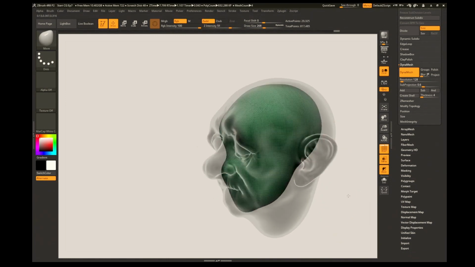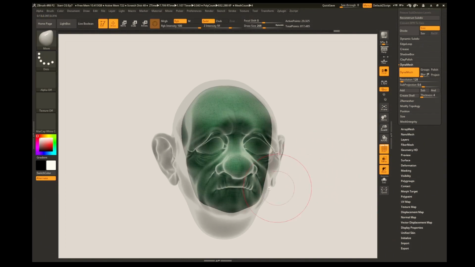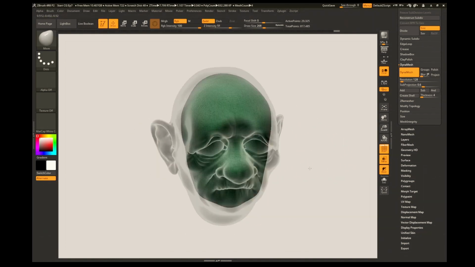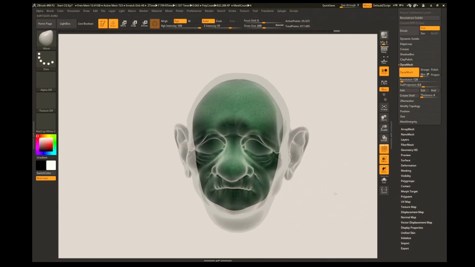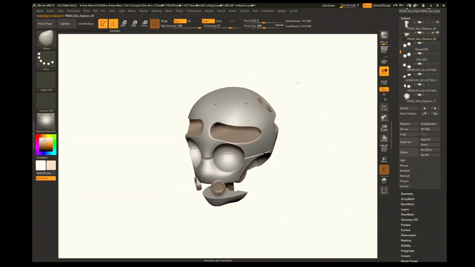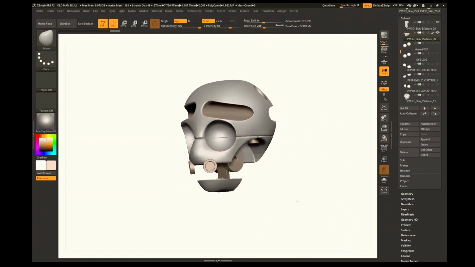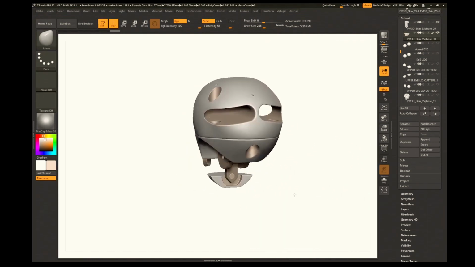So then you have all different types of slice tools and insert mesh tools. You can subtract shapes out of this however you want, and rather than sit here and go through it piece by piece, I'll just open up a previous example. Okay, here I have a skull